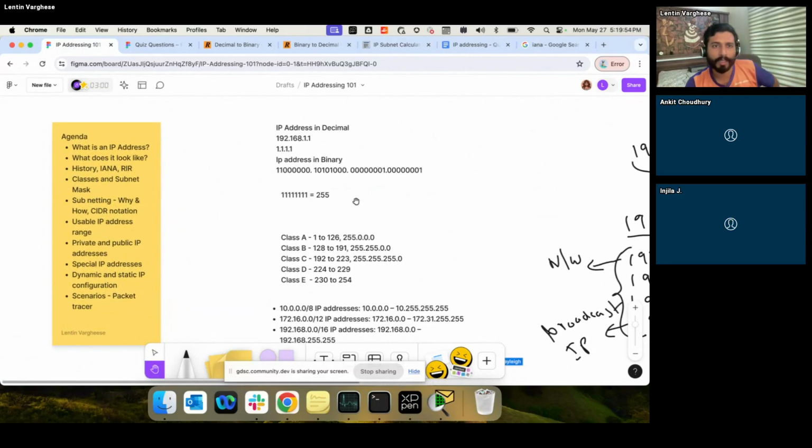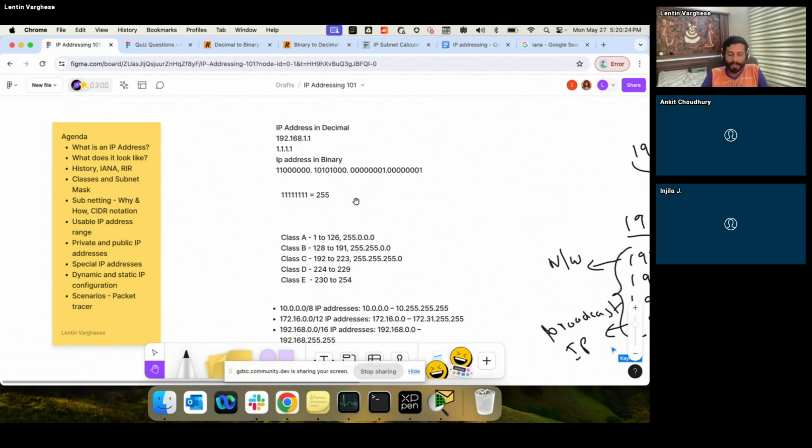All right, let's move on. I was mentioning earlier about the history. Like in 2015, we had around 15 billion devices. How did we survive with IPv4? We completed the usable IP address range. Now we are talking about private and public IP addresses. So how did we manage with that small number of IP addresses?